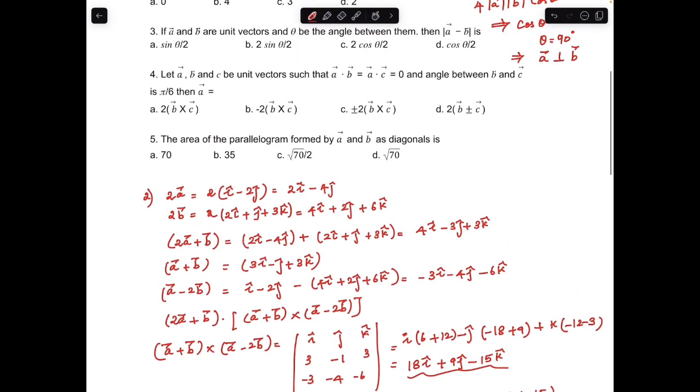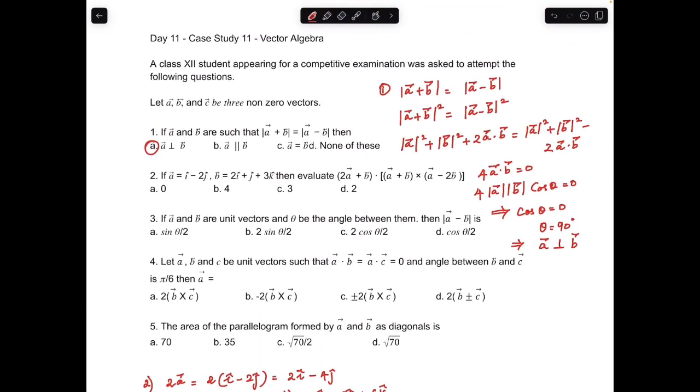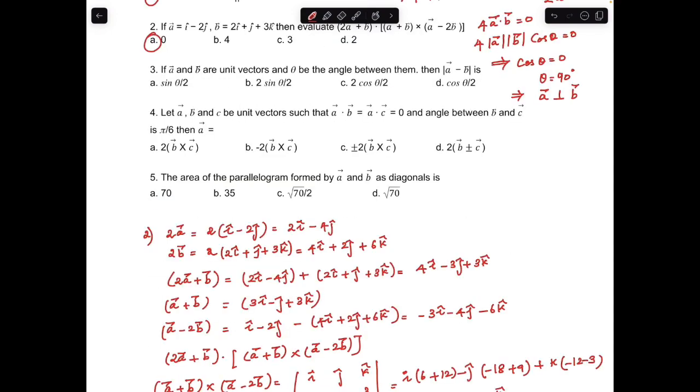So the answer is option A. Subdivision 3. If A vector and B vector are unit vectors and theta be the angle between them,